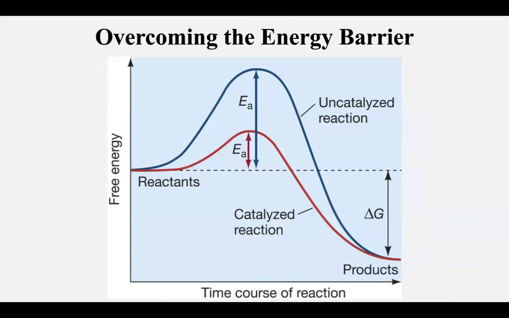There are two ways to overcome this hill. One is by increasing the kinetic energy of the reactant, which is harder than expected, but the most common one is lowering this energy barrier. And the way to lower that energy barrier is, as we discussed, catalysts. Biological catalysts act by lowering the activation energy, and so enzymes do not change the delta G of the reactants or the products. They don't change the overall final equilibrium. Enzymes only change the rate of the reaction, so the reaction will be able to proceed faster and you'll have more reactions occurring.